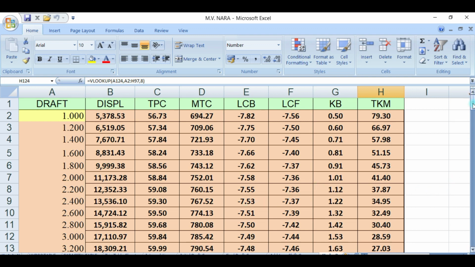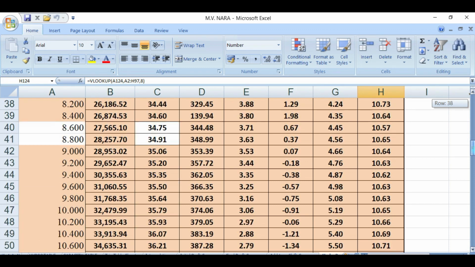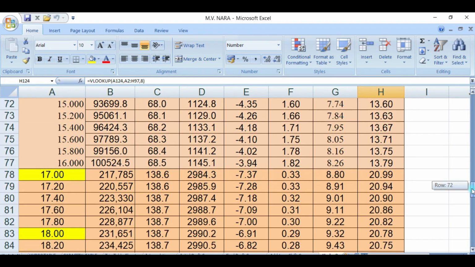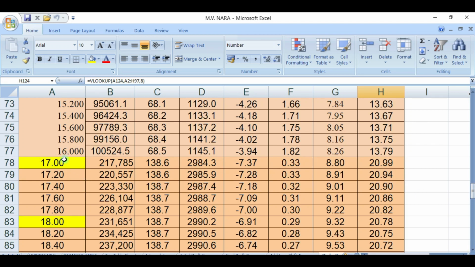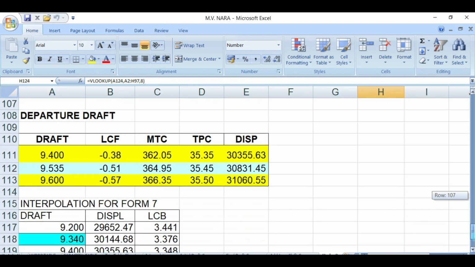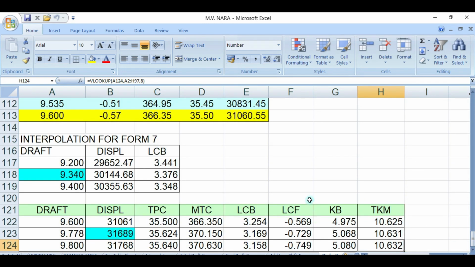This is a graph from 1 meter up to 16 meters, and the interpolation for this draft and displacements is this one.